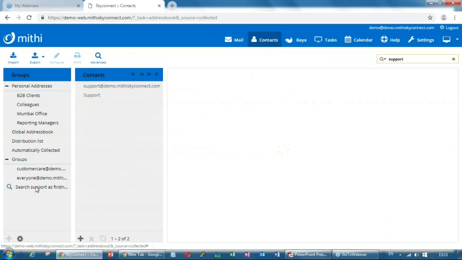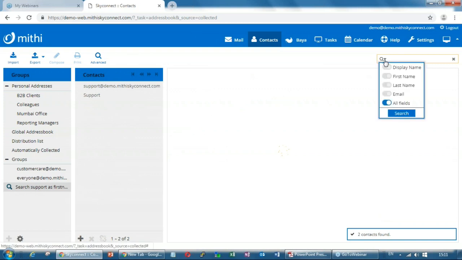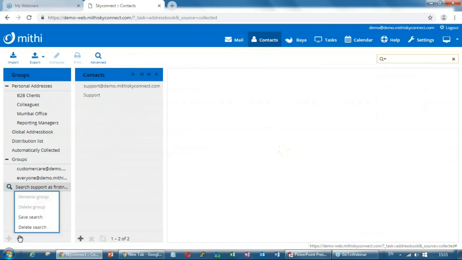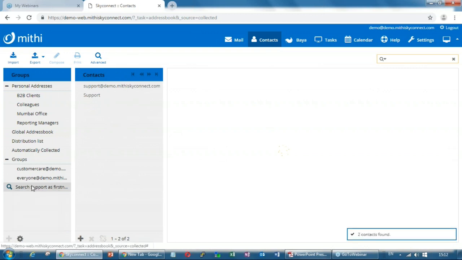If I search support with the first name, I can set what all needs to be searched through, display name or first name, or I can simply select all fields, and then I can save these searches. So if I need to search some IDs frequently, I can simply save these searches. That is about the address book.